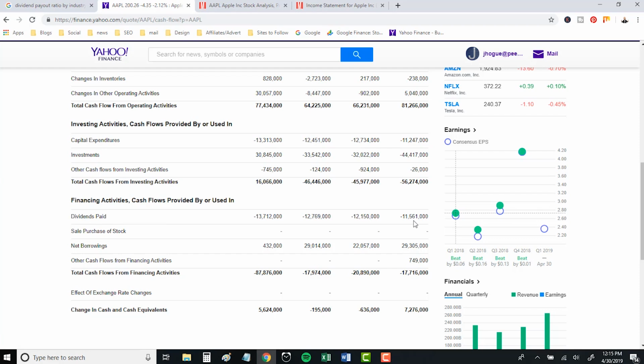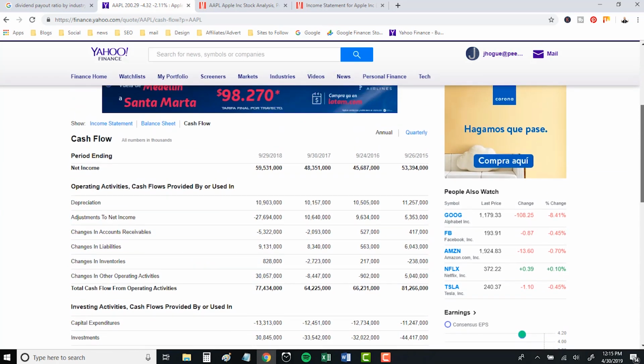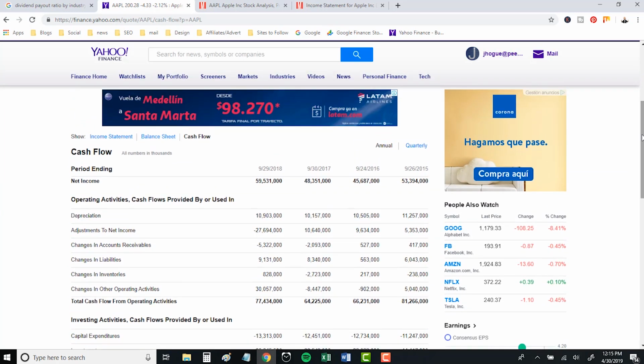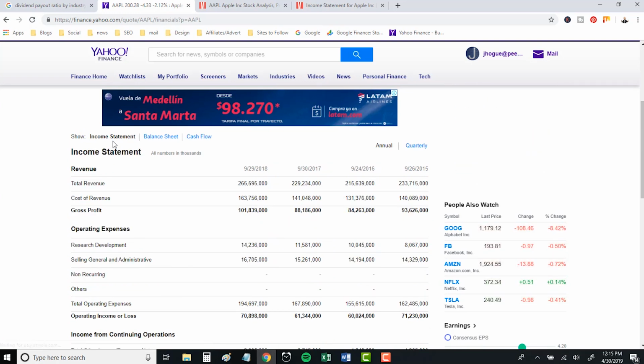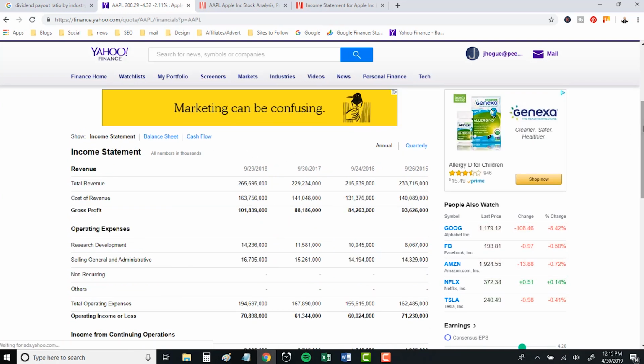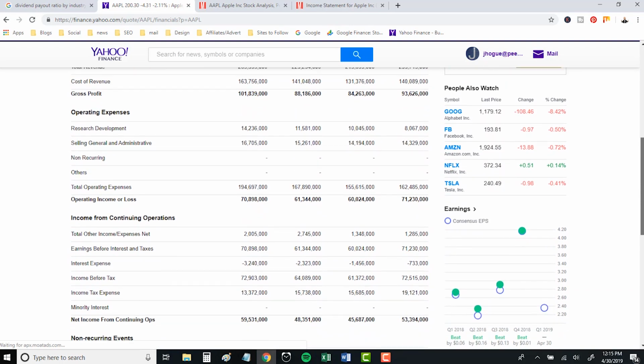So the company paid out over $11,561 million in dividends this last fiscal year. Now we'll scroll back up and click over to the income statement, which is going to show us that net earnings for the year. Here we'll look for the net income from continuing operations, or the net income available to shareholders. We see that it was